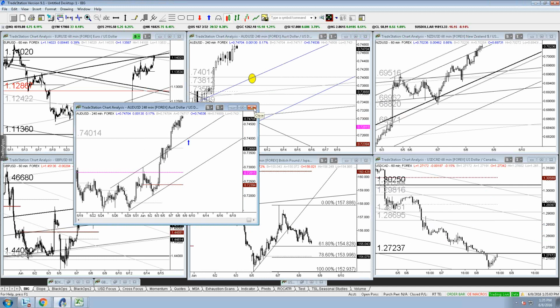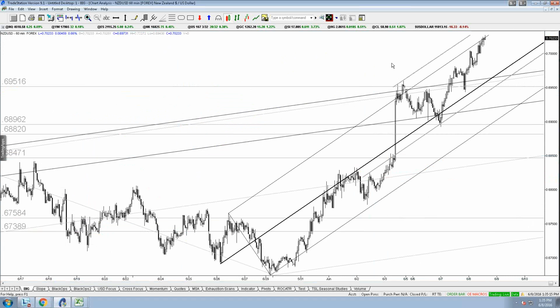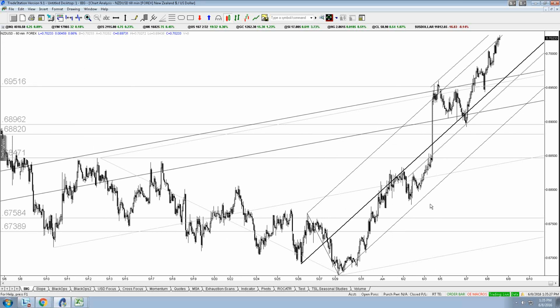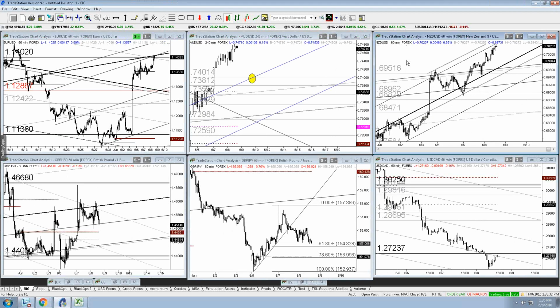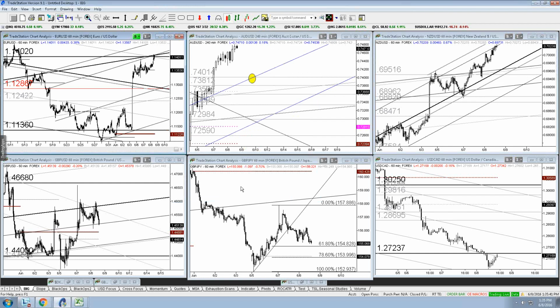Kiwi, obviously a little more difficult to talk about at this exact moment because RBNZ is later. This is what I'm looking at in Kiwi. It's the same thing really that Mike is looking at. I put out that chart this morning on Twitter. I think we were probably mature enough here for a pullback, but with RBNZ, obviously many different things could happen. Big picture, I don't know, maybe I'm just stubborn, but I do think that there is still potential for a downside surprise, a shock, whatever you want to call it, in Kiwi dollar.